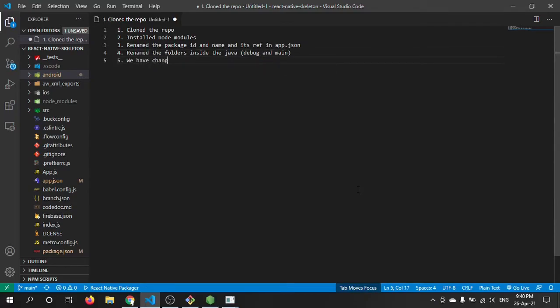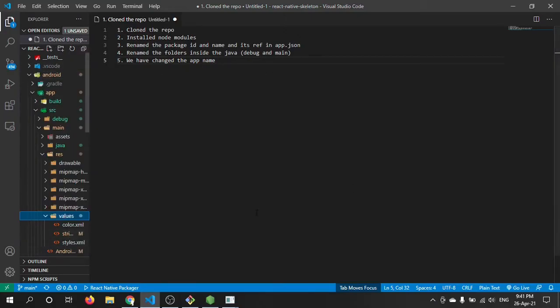We have changed the app name in the strings.xml file, and we have changed the map files, and made some deletions.